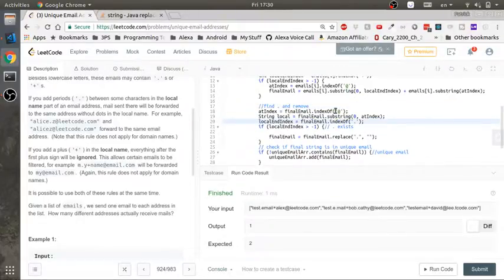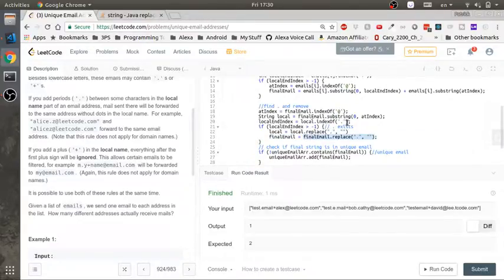So right there, local end index, instead of final email, it should be local dot index of, and then local index. Great. If that's true, we don't want to be modifying local. Local equals local dot replace this. So now we've only replaced it from the first part, not anything after the at. And then final email is actually only going to equal local plus